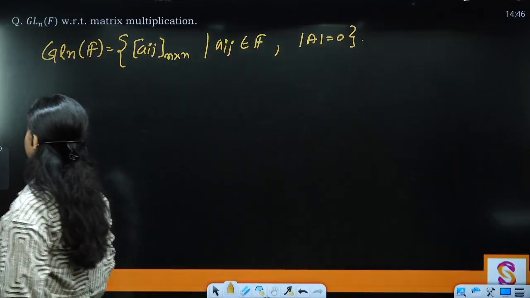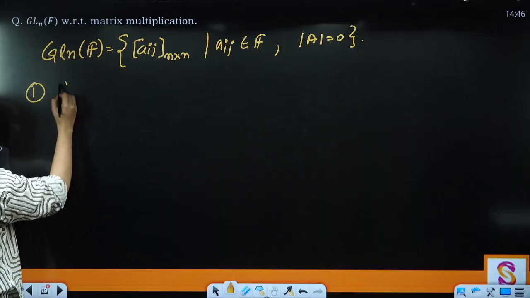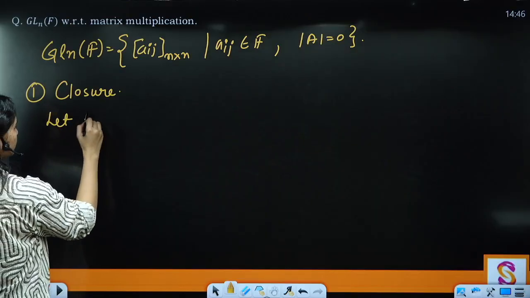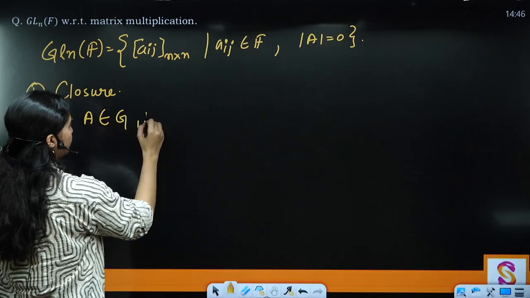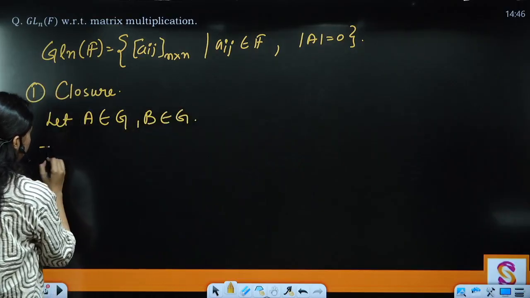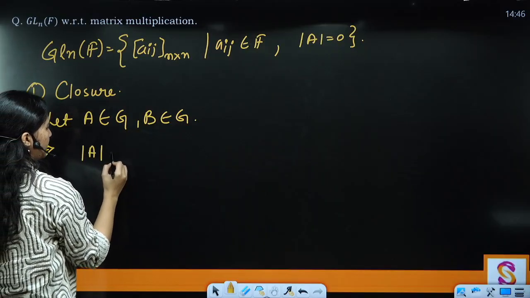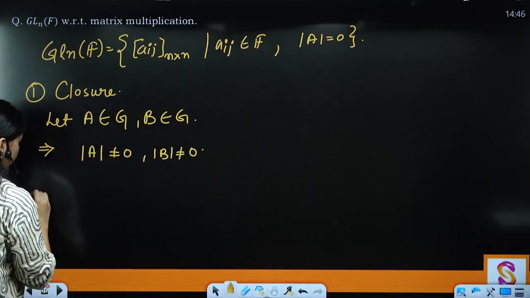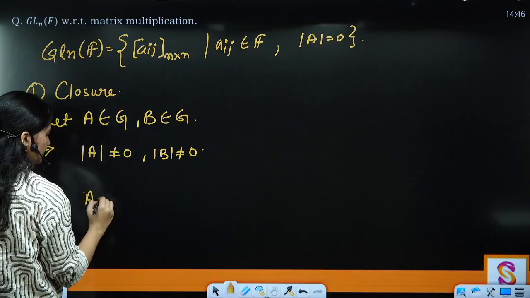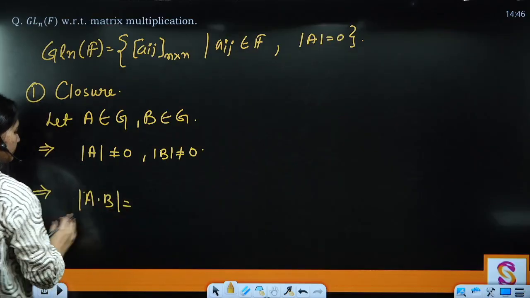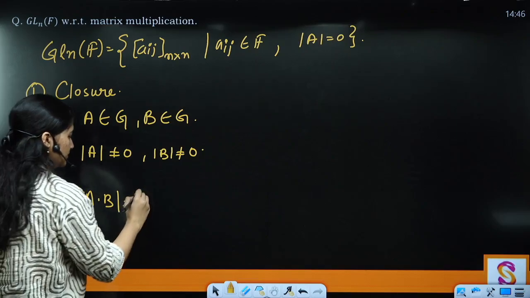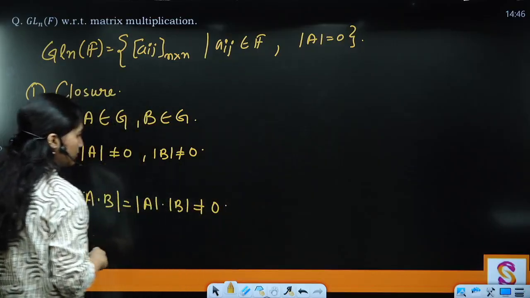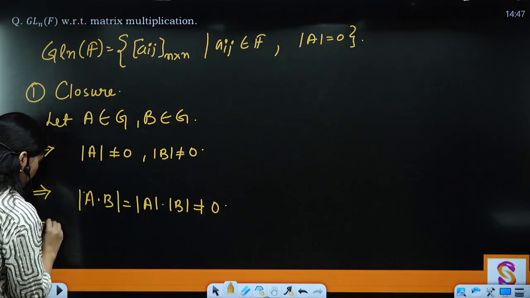Alright, so quickly, let's prove it. Closure. Now let A belong to G and B belong to G. So this implies that determinant of A is not equal to 0 and determinant of B is also not equal to 0. This implies that for A dot B, the determinant can be split and written as determinant of A multiplied by determinant of B, which is not going to be 0. Why? Because the product of